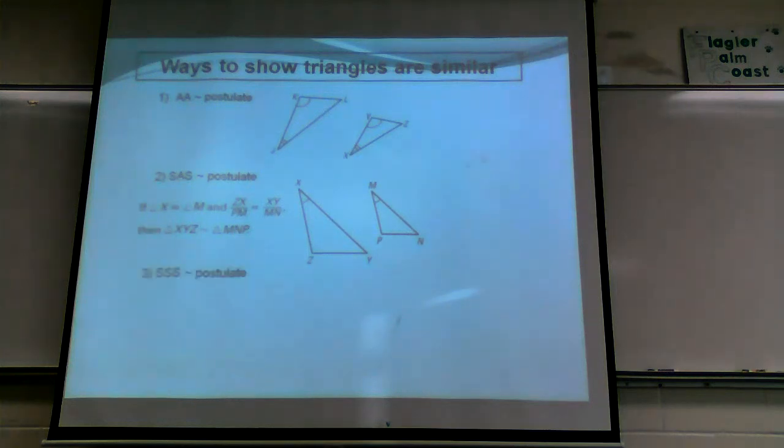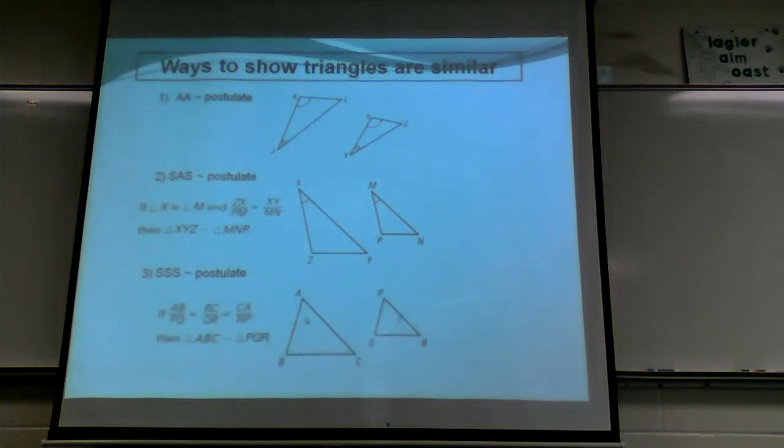Alright, and then of course the last one will be side, side, side, which just means this would be the one where you know absolutely nothing about the angles. I don't know if this is a congruent angle, but I have all my side lengths given. And if I have all my side lengths given, and I put them in ratio with each other in terms of corresponding sides, all the corresponding sides make a ratio. As long as they all equal the same,